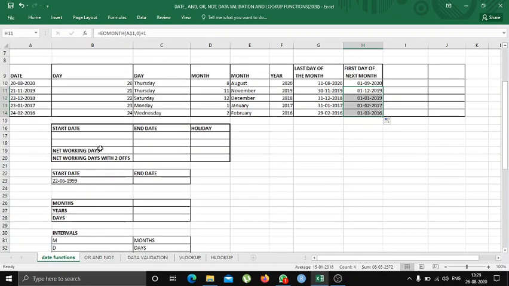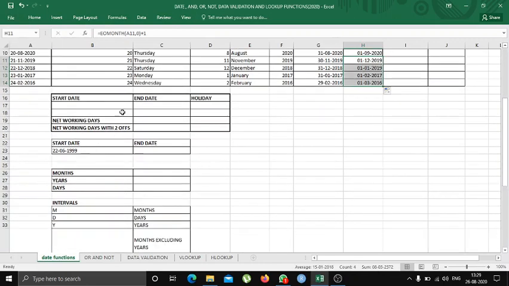Now, we'll proceed ahead. Now, we'll calculate the net working days of a person in any company. So, we can enter any range, we can also enter the start date of the month and end date of the month. You can also enter the week values. So, we'll select a 2 week value, which is 17th August 2020 as a start date, and for end date we'll select 30th August 2020.